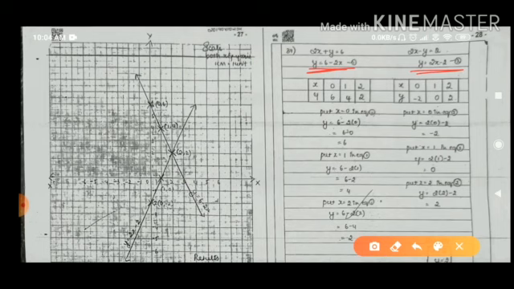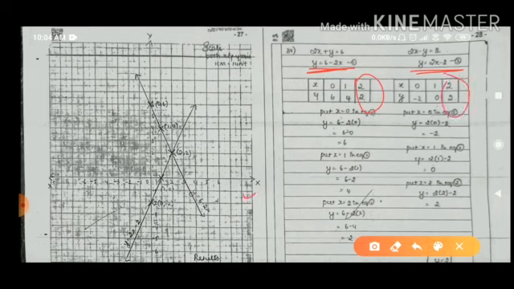Here, adjacent to the graph, do the working process. So now here 2x plus y is equal to 6. Please put a box for each, because for the table there are separate marks for the boxes. Now take only 3 points, it's enough. Put x is equal to 0, so y becomes 6. If you take 1, 4; if you take 2, 2. Again in this equation, in terms of y, again 0, minus 2; 1, 0; 2, 2. So here the common point is 2, 2. So they intersect at 2, 2.